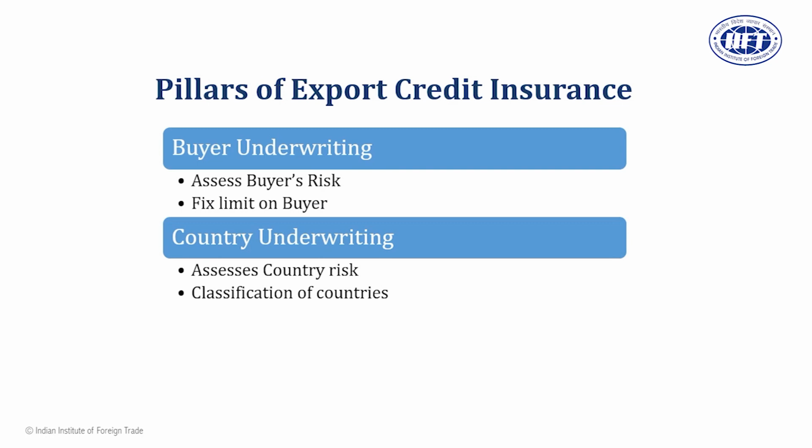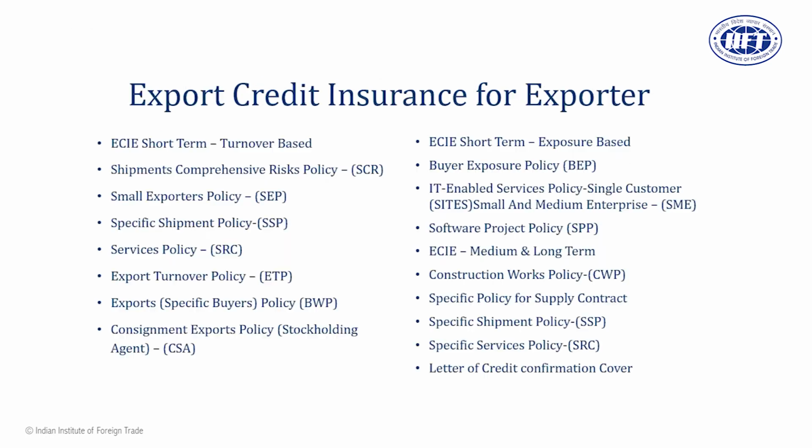ECGC has classified countries depending upon the risk involved. There are a few countries which are considered high risk countries. Export consignments going to these countries might not be given complete coverage, or the percentage of risk coverage by ECGC might be low in these countries as compared to safe or developed countries with which the exporter in India is trading. If you see here,